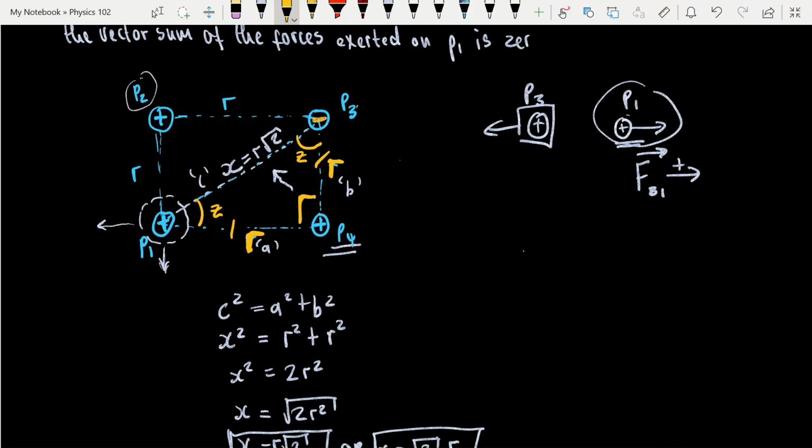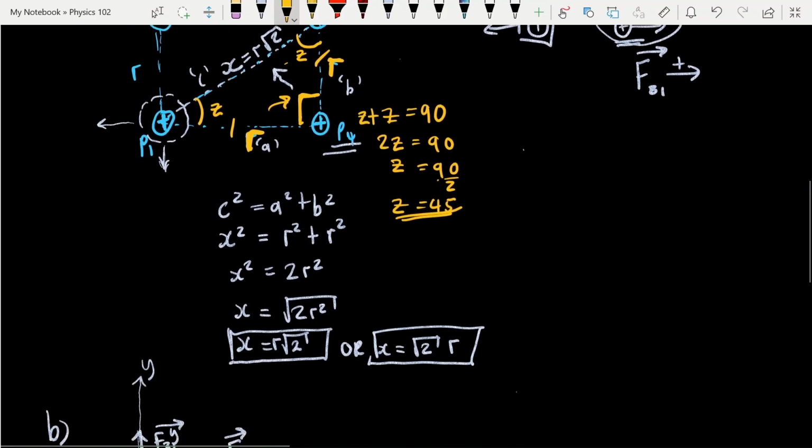So this is 90 degrees, and a triangle adds up to 180. So these two remaining Z's are also going to add up to 90, because with this 90 you get 180. So you'd say 2Z is equal to 90 because there are two of them. That means Z is equal to 90 over 2, and Z is equal to 45. Okay? So I already now know that